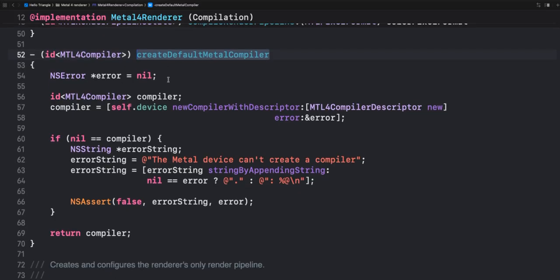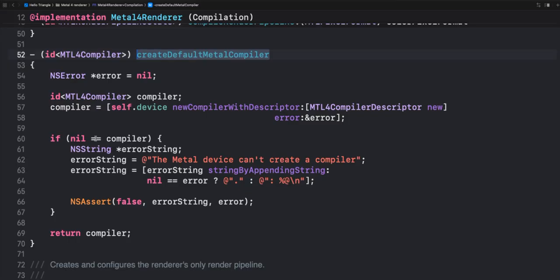So error is nil, compiler equals self.device newCompilerWithDescriptor, MTL4CompilerDescriptor new, error, what have you. Notice that it's a similar format where we're basically listing out arguments for the newCompilerWithDescriptor,